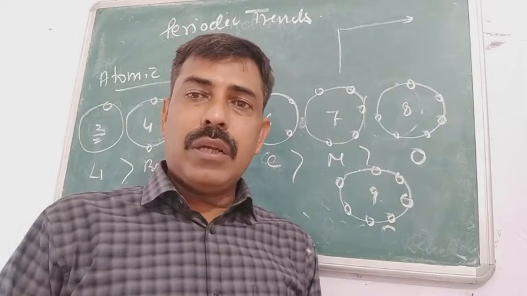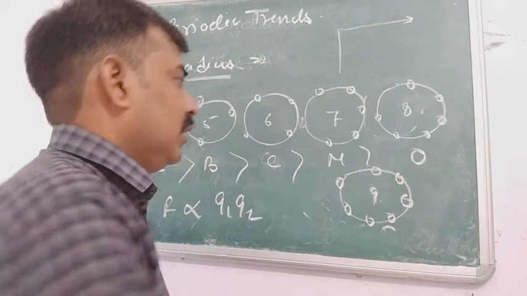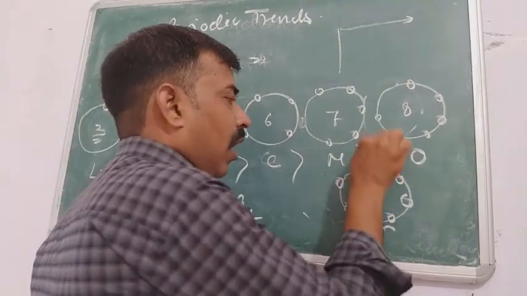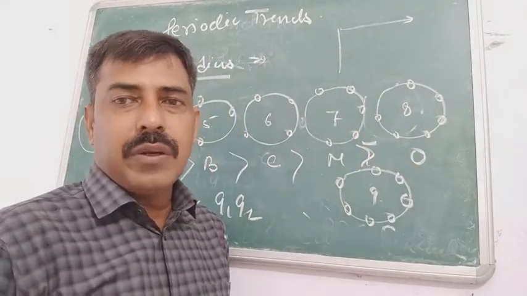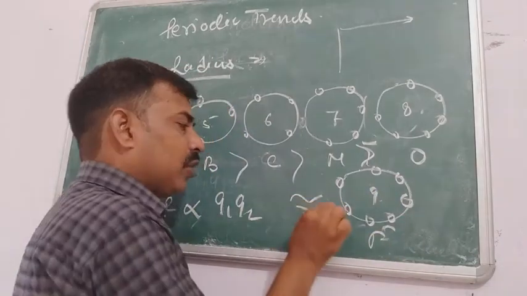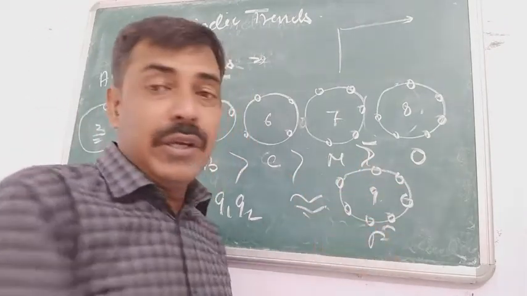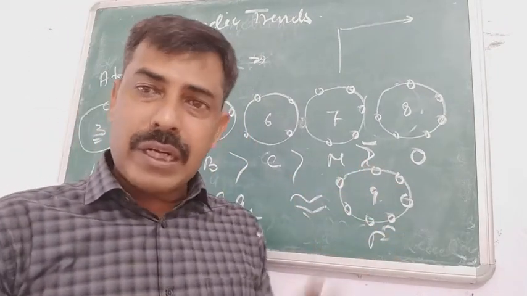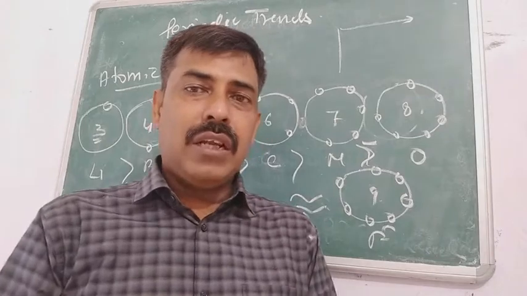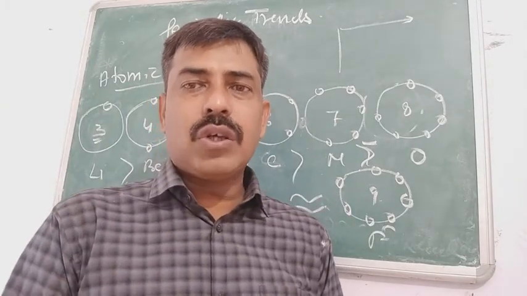And because of that heavy inter-electronic repulsion, the size of oxygen is almost equal to or a little lesser than nitrogen. But when you see the case of fluorine, that is almost identical. Because of the greater inter-electronic repulsion, because of the greater number of electrons in the valence shell, fluorine has almost identical size as that of oxygen.